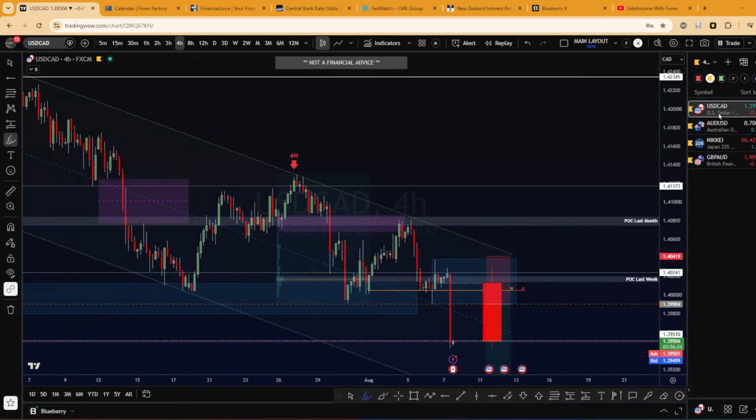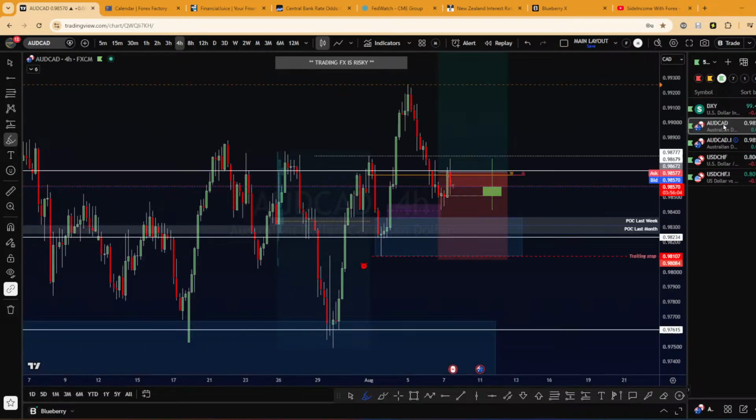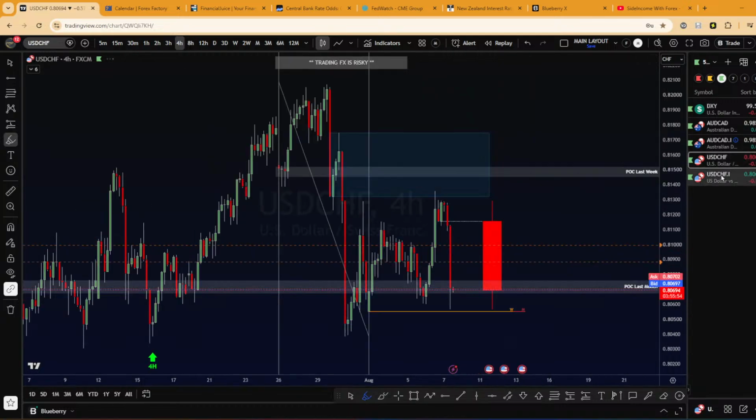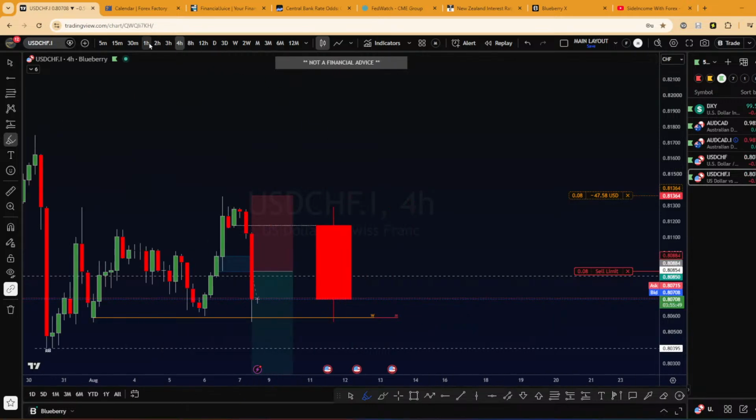That's why I put it in my yellow list, for those of you who reach this channel for the first time. The green list is the trades I am watching currently, or simply the running trades, or the trades I am about to get into. So OZCAD, for example, I'm already in this trade. USDCHF, I put a sell limit before. I just want to see some retracement.